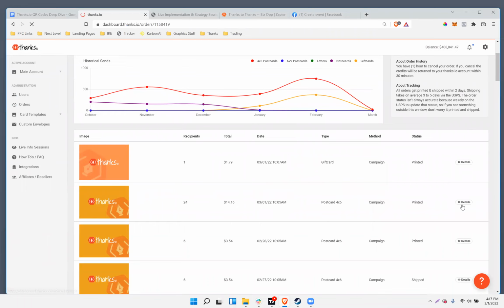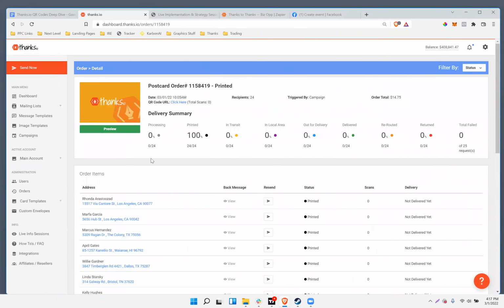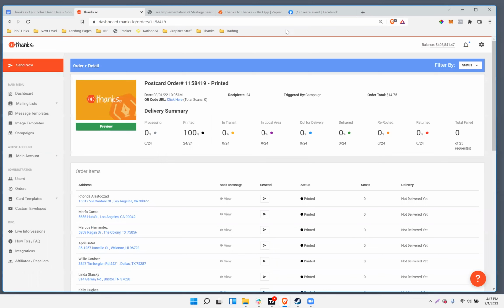So if I click details like this, go to any order and click on details, if it's a QR code type order, it'll show you a column that says scanned or not. Yeah, so this one just went out to 24 people. It says total scan 0. That was just because it just went out yesterday, right? But if I go back,